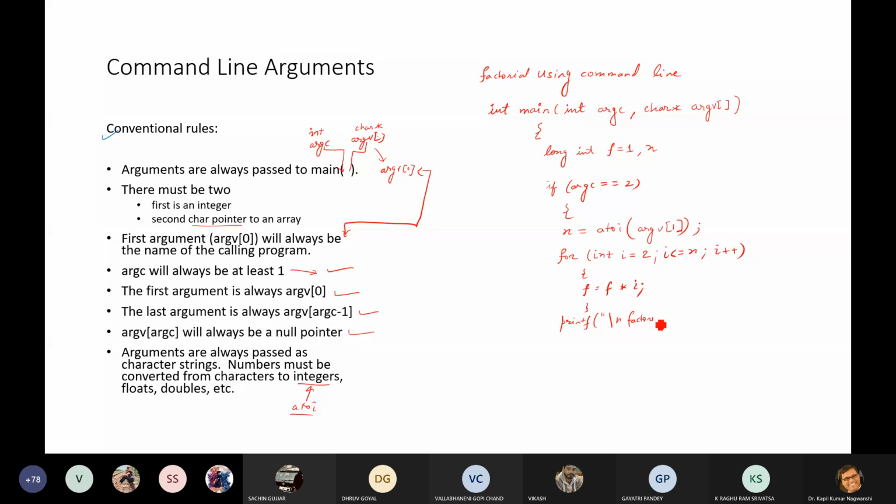Factorial of %d equals %ld. So what is the value? Factorial of n is f. Okay. Then this if will also close, and else it will print to standard error,